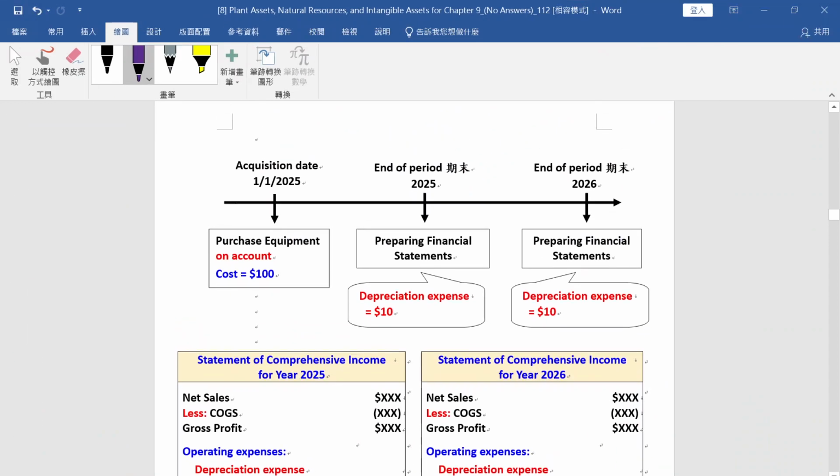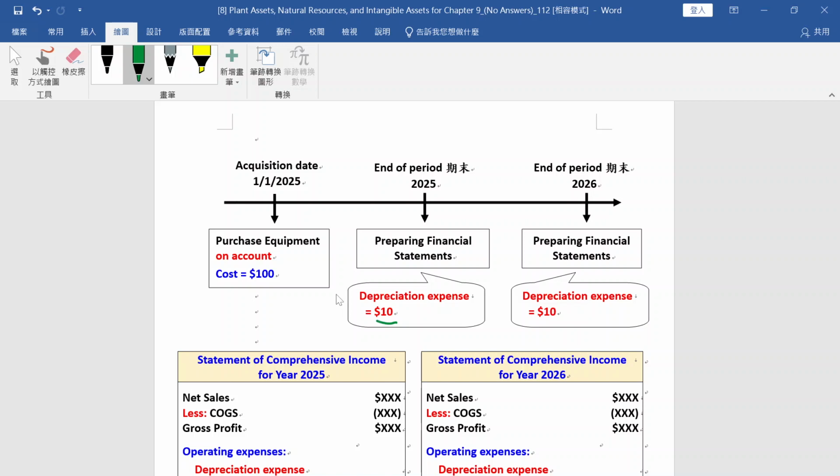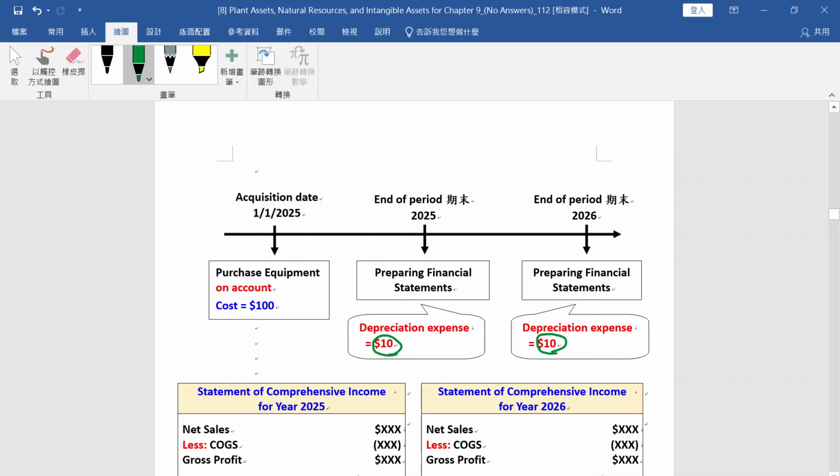Here, we assume at the beginning you buy the equipment on account, so you didn't pay the money. Cost $1,000, okay? And each year, we assume depreciation expense is $10, okay? I give you the number $10 today, but next week you have to compute the number by yourself. So it means each year when you use it, value decreases $10, okay? So based on this,